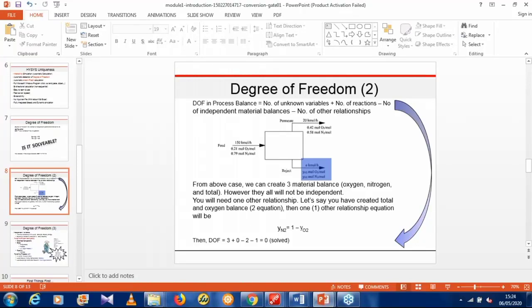So this is what degree of freedom is about here. In a process balance, it means the number of unknown variables plus the number of reactions minus the number of independent material balances and minus the number of relationships. I will explain that right now. This is what it means. When you have an inflow here, imagine this scenario where we have